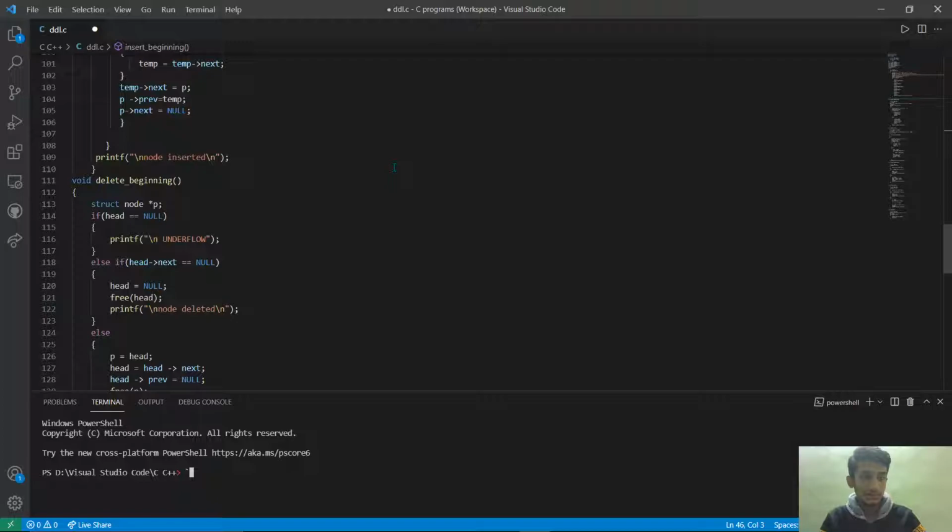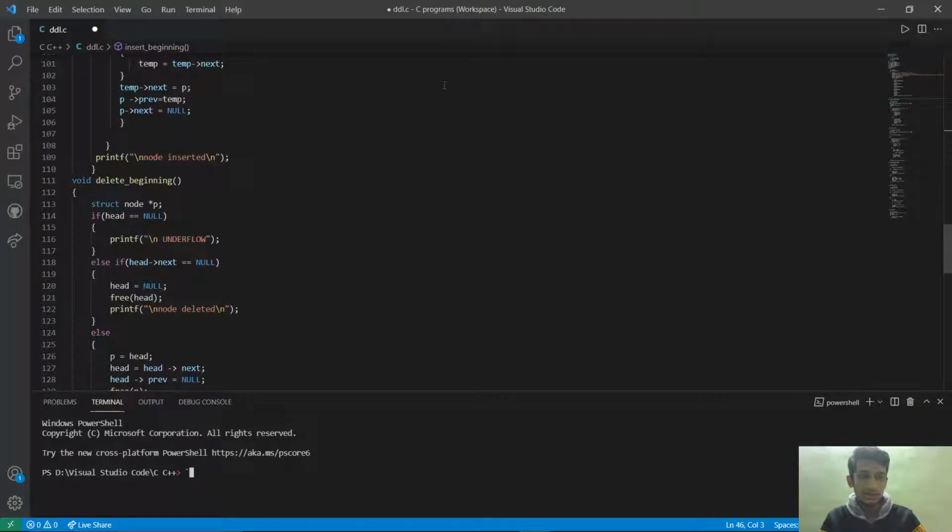Like if there are two nodes, head is pointing at the first, then head of next should be equal to null, but it will not be null, right? So we make the head go next, and then we check for next equal to null. If next is equal to null, then we delete the node.